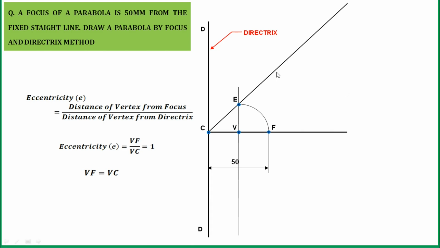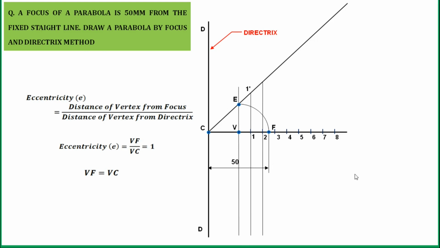Now to draw a parabola, you can take any number of points after this vertex over this CF line. Okay, so here I am taking 8 points at a 6 mm distance each. You can take those 8 points at equal distances, or you can mark them randomly over this line after the vertex only. So next, draw a vertical line passing through all these points which are located over this horizontal line till it intersects this line CE. So the line from 1 will intersect CE at 1 dash.